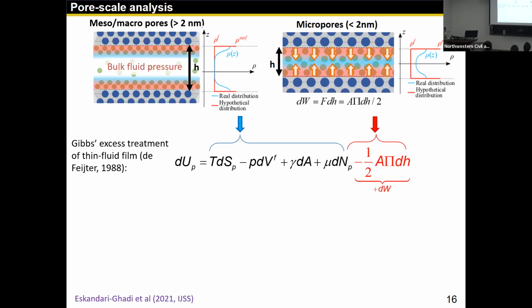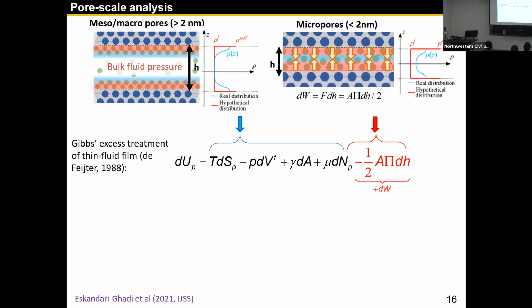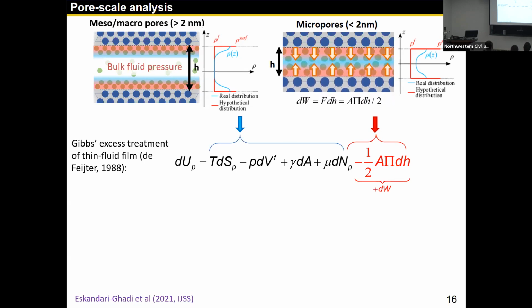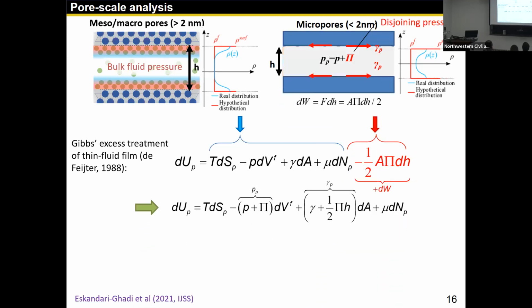So to remediate for that, we propose to add this additional correction term on the work input to the system that captures the additional energy you need to supply to change the pore size. And that is responsible for, captures, the overlapping effect. Here, pi is a pressure term, A is the pore surface, H is the pore size. And pore volume and area are related with pore size, so you can regroup these terms to the previous one. Once we do that, the micropore is now treated as it was before, but with the pore pressure updated to P plus pi.